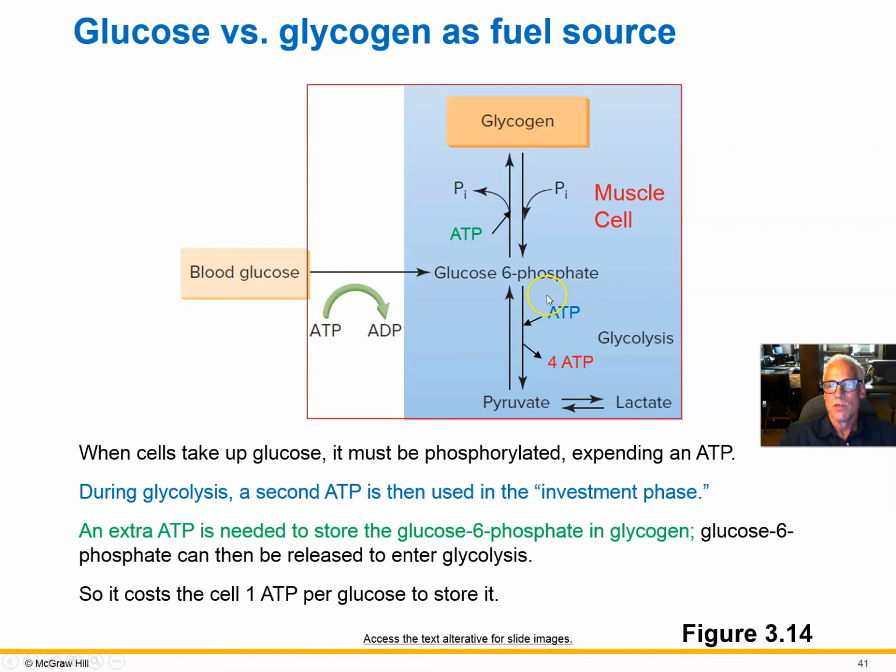And then as it runs through glycolysis, we have to invest another ATP. Remember we talked about the investment steps of glycolysis. That's what it is. 1 ATP, 2 ATPs. And then finally we get 4 out for a net 2 ATPs. Well, if you decide to store the glucose first for a while in the cell as glycogen, so that when you have your race or whatever, your exercise bout, it's there for you, you have to invest yet another ATP to do that. So we still have the 2 ATPs we're going to have to invest to do glycolysis,